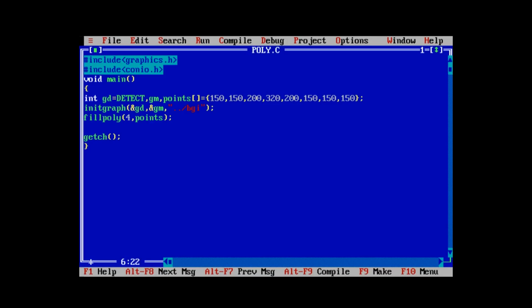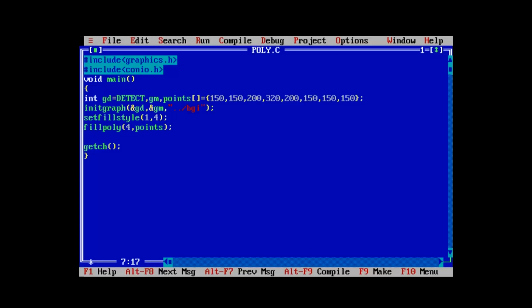Now let's change the fill pattern, fill style actually, using the setfillstyle function, and change it to red as usual. Now let's see what happens. As you can see, the white color has been changed to red. So this is what basically is about the drawpoly and the fillpoly functions, and that's it for this video. And as usual,